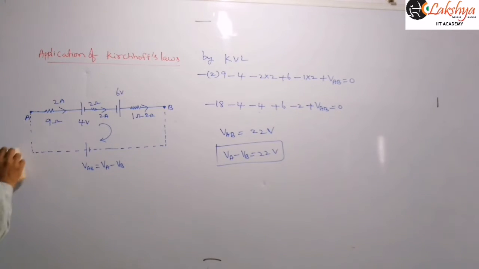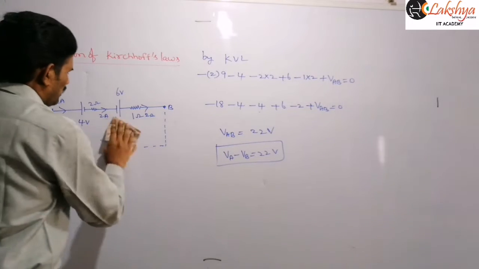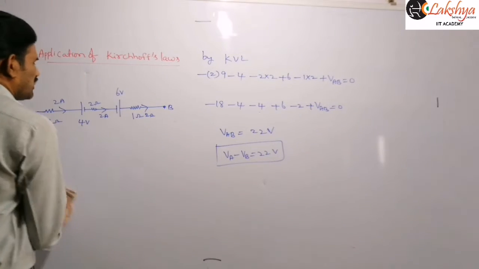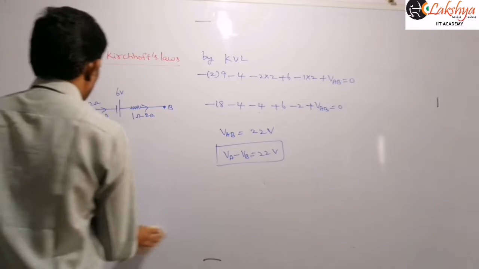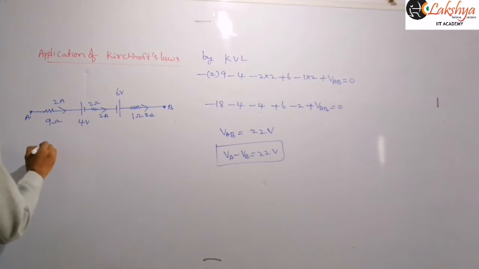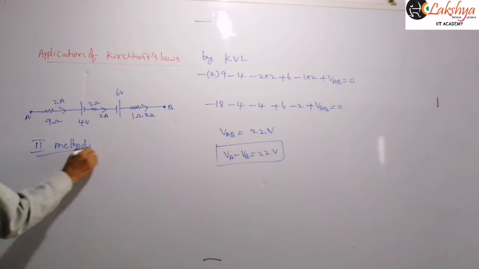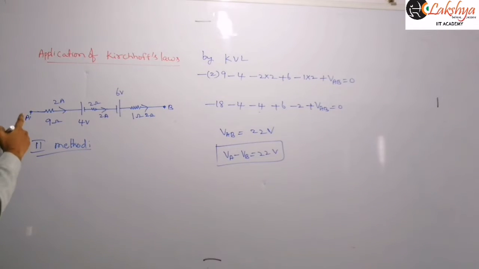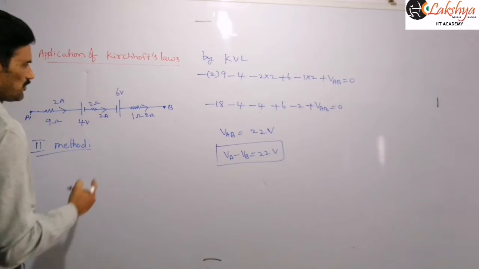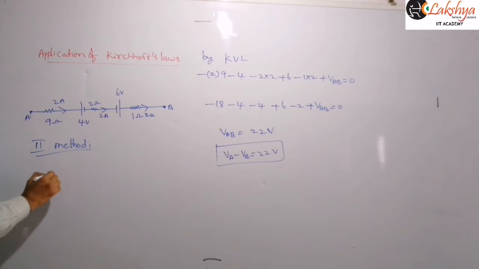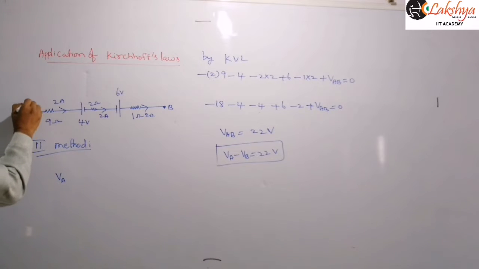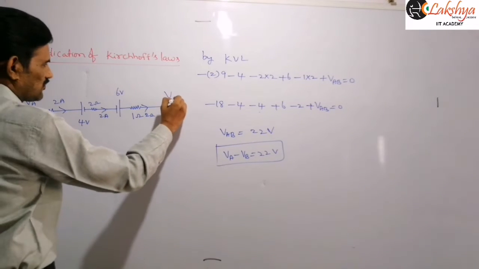And now I am saying that without taking this assumption also, directly you can write this. So directly you can apply the Kirchhoff law. Let us see how to apply this Kirchhoff law here. So directly, that means now I am saying by the direct method. This is the second method. In this second method, we write from this point up to this point B. So that starting point we consider its potential as VA. Suppose this is point A, here we are assuming potential as VA and here we are assuming potential